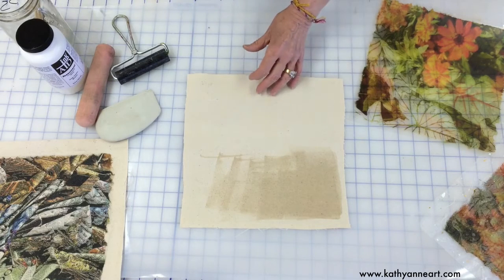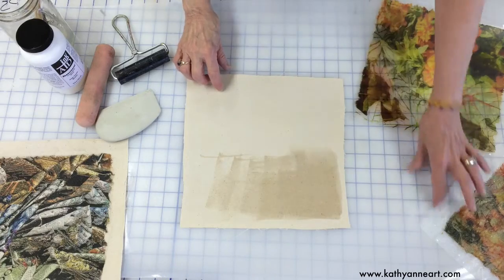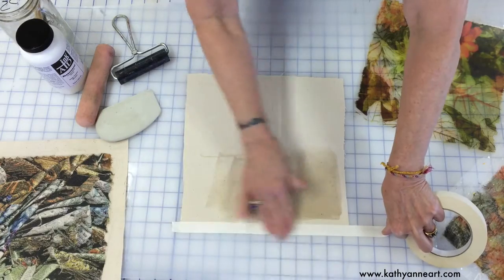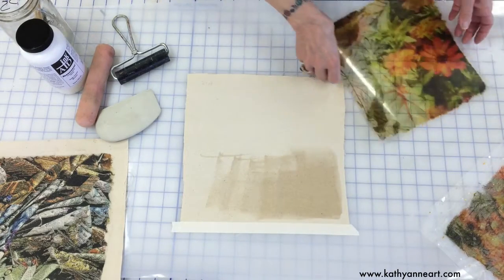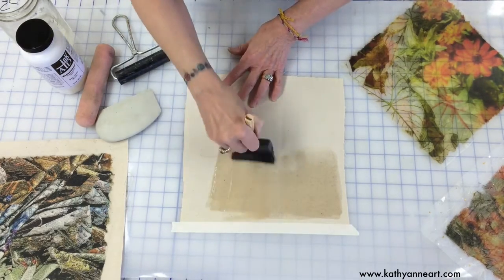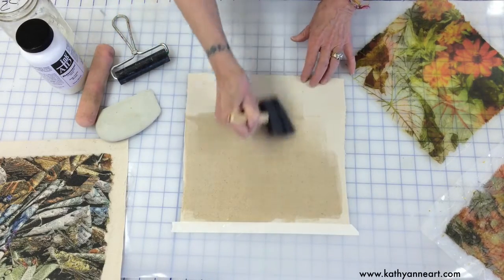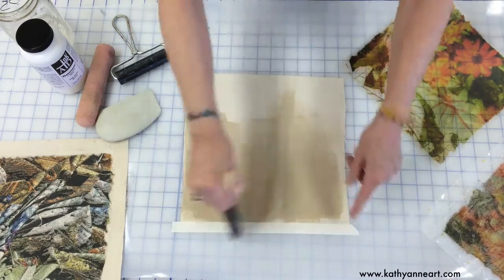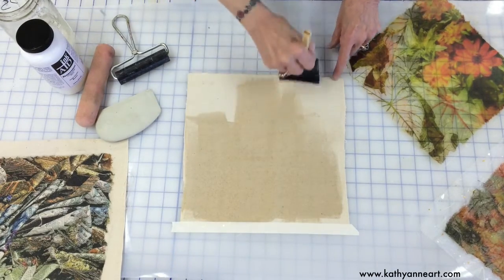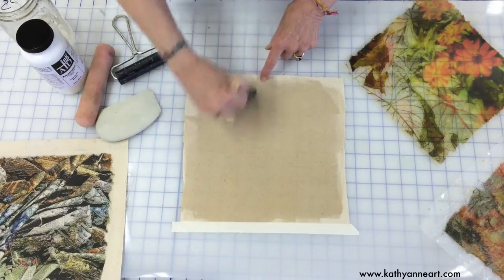Now, if you're more secure with a tape surface, then you would want to tape it at the top. And let's see, I'll do that really quick, because the fabric can get stretchy as you're adding the transfer fluid to the surface. And so if you actually take the whole part of the surface and tape it all, then it'll stretch and then you're going to have to move your tape. So I usually work with 1 tape on the top,